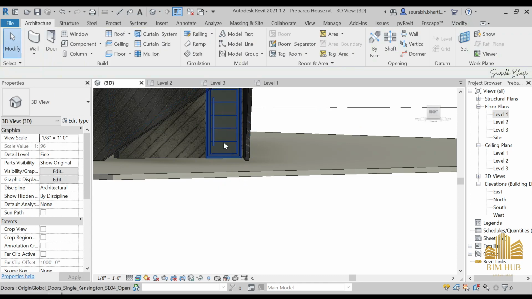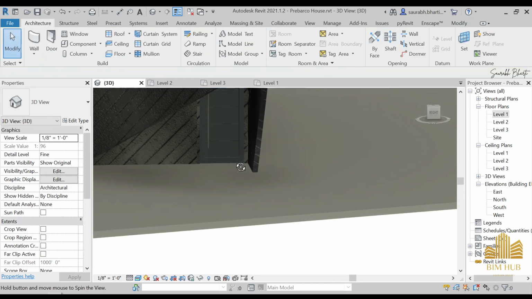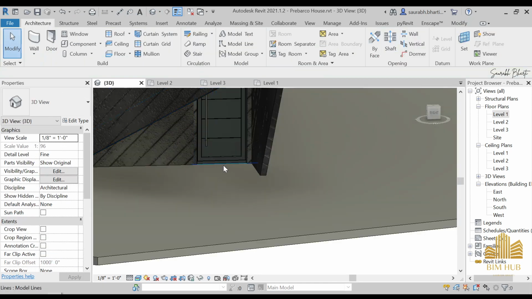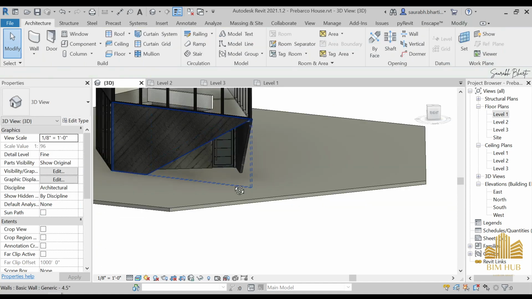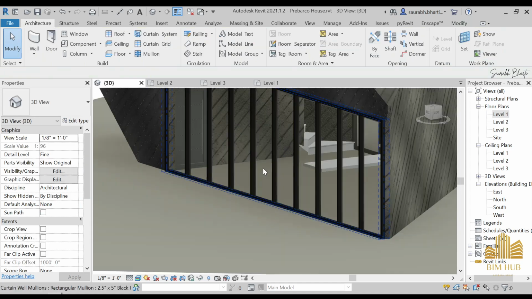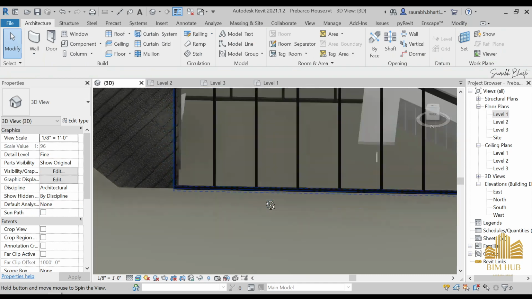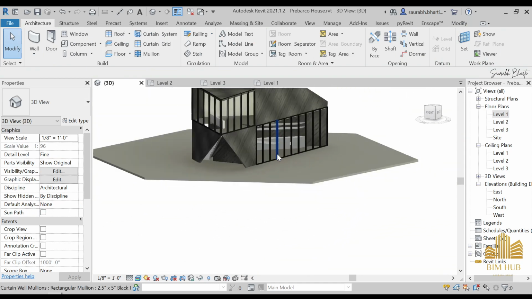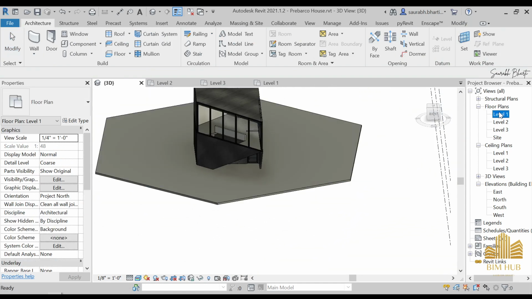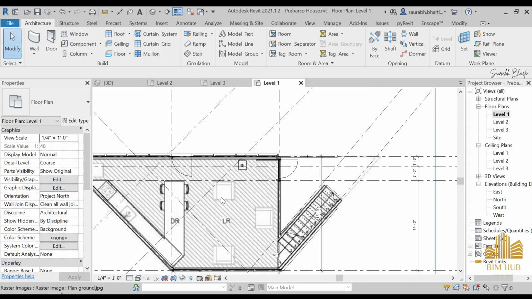point. So this is our black door that we wanted, but it is not exactly the same. So you can just keep it. It is not a problem. I think it looks good. So yes, it does look good. And after that we need to make some more changes. So just go to level 1, and then